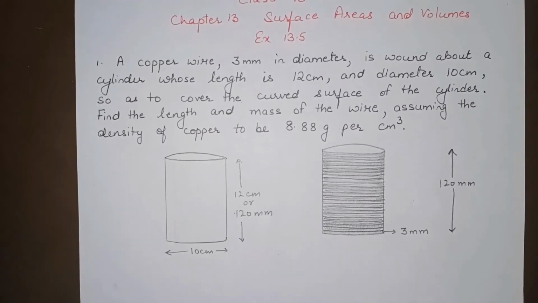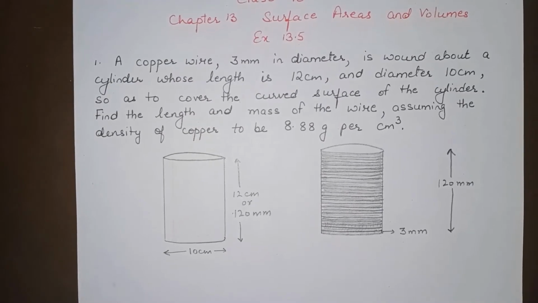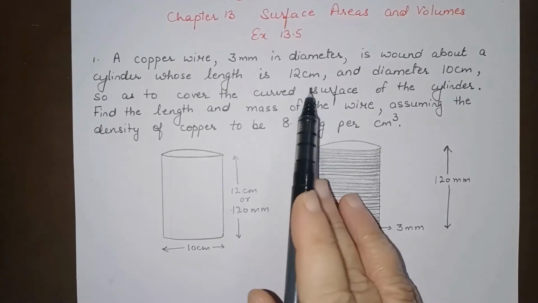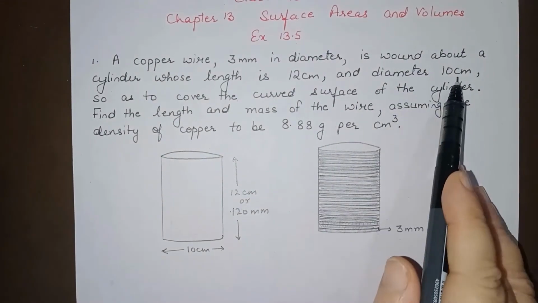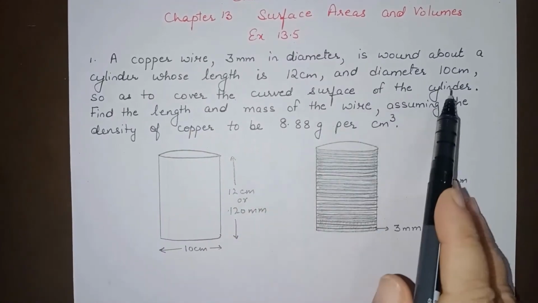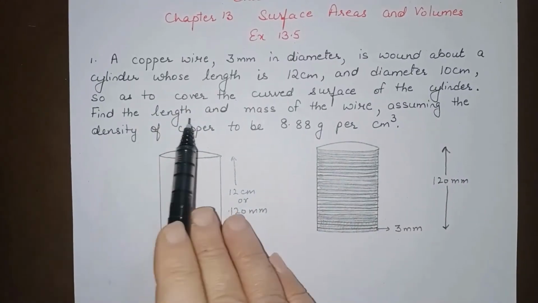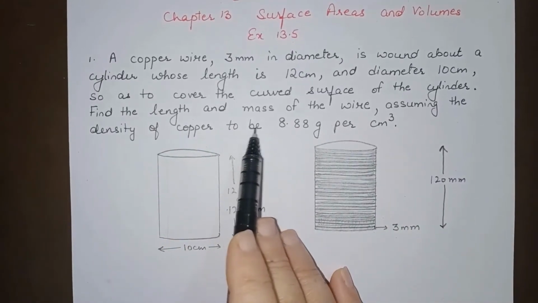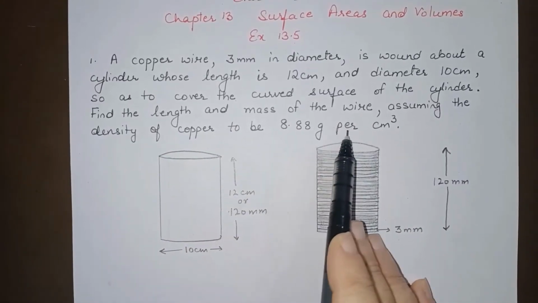A copper wire 3 millimeter in diameter is wound about a cylinder whose length is 12 centimeter and diameter is 10 centimeter so as to cover the curved surface area of the cylinder. Find the length and mass of the wire assuming that the density of the copper to be 8.88 grams per